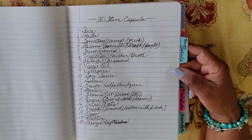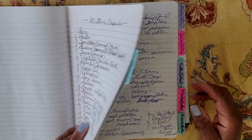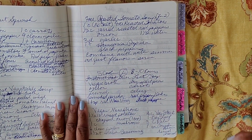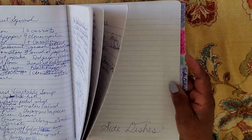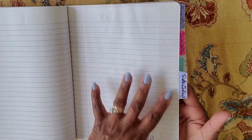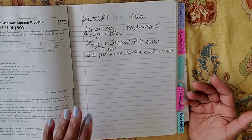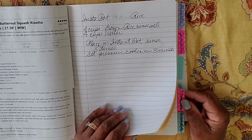Now, the divisions that I have: a soup and salad section. Some things I've put in by hand. You'll see that they're kind of scribbled. They've got things that are just wiped out and added to. I have a place for side dishes. And if I want to add pictures, I can certainly do that. Some of the recipes I've typed, and so I'll be adding those in. These are side dishes, and I don't have all of them in yet,